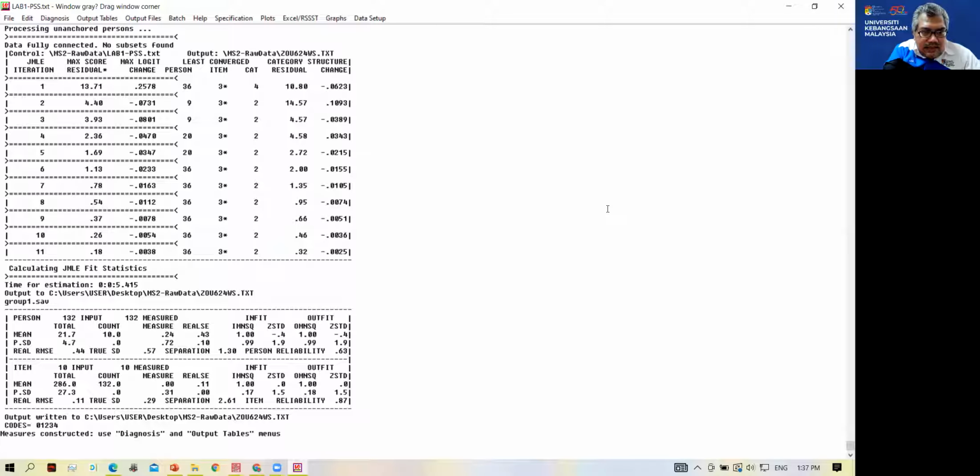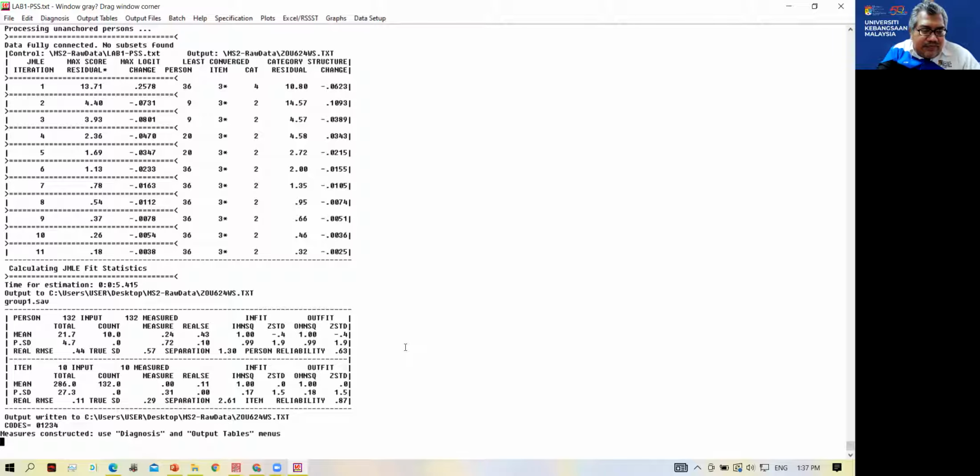Okay, looking at the data set, our infit is okay. The mean square is 1. The ZSTD is close to 0. Okay, so we are okay. So the person mean is okay. The item mean is fantastic. As long as this value is close to 1 and this one is close to 0, we are okay. Same thing applies for the item: the mean square is close to 1 and the ZSTD is close to 0, so we are okay. So in terms of analysis, this is okay.